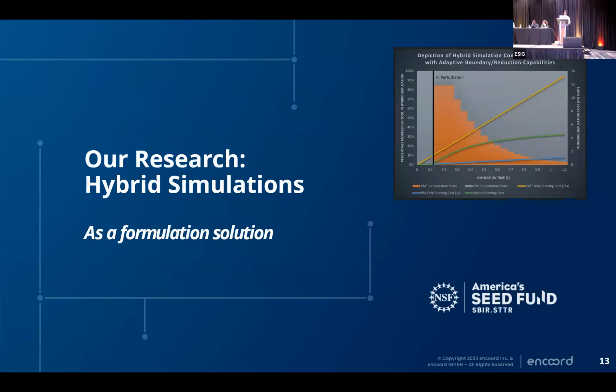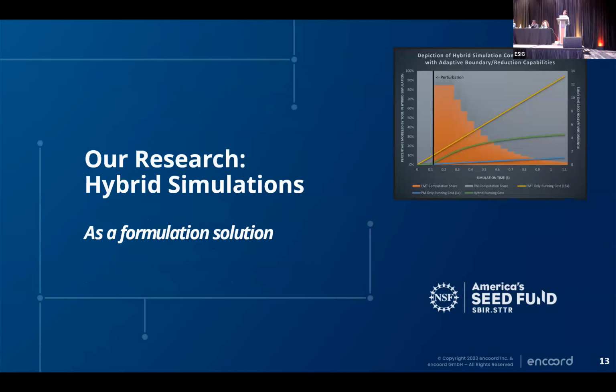So the research that I've been doing is focused on hybrid simulations. And hybrid simulations are akin to co-simulation. But the idea is that we're actually looking at our entire dynamical system and we're making adjustments as the simulation is passing. For instance, in that 3-hour Maui simulation, of course, there were instances of adaptive time stepping in there. But what if I was also looking at the reduction of order of those models?